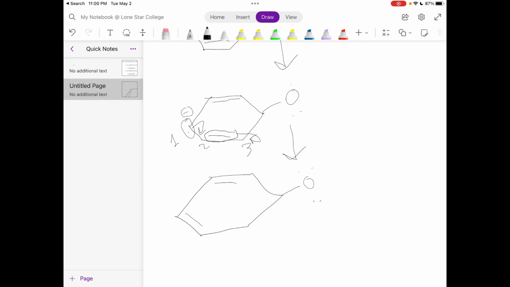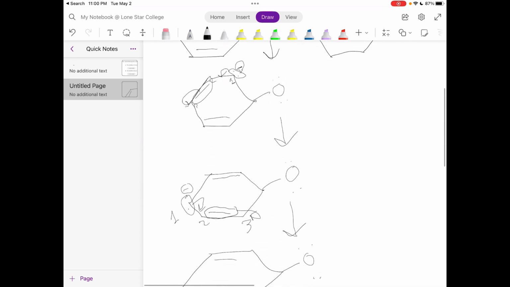So this becomes negative now. Reason being, the lone pair is right here. Just take that negative sign wherever you take the lone pair. That's my thing. Yeah, that's it. You are out of